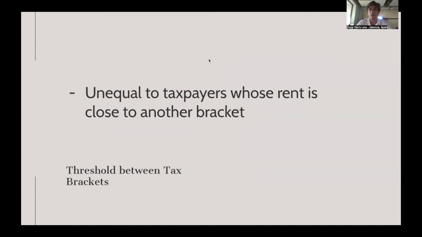Secondly, if you are in between tax brackets, so you're almost close to one or the other tax bracket, be it higher or lower, you're also at a disadvantage because you pay an absolute amount instead of a percentage. So the court found this another justification for not allowing the administrative simplification to be a justifiable breach.